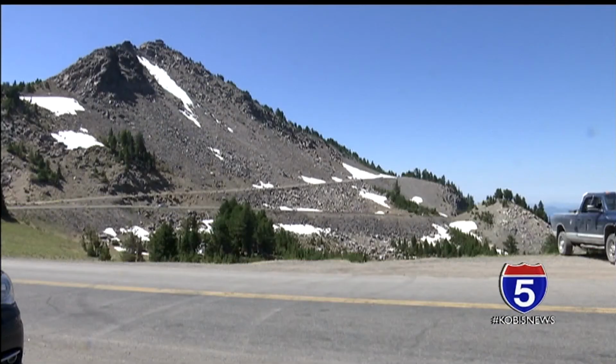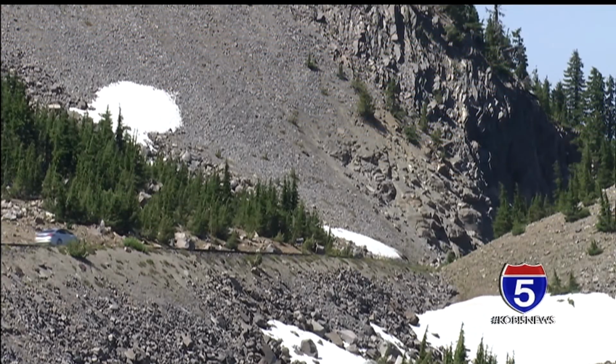Beautiful old-growth forests, wildlife, flowers, scenery, geology. And all of that beauty is only a tank full of gas away. So it's something that you shouldn't pass up when it's less than an hour or just slightly over an hour